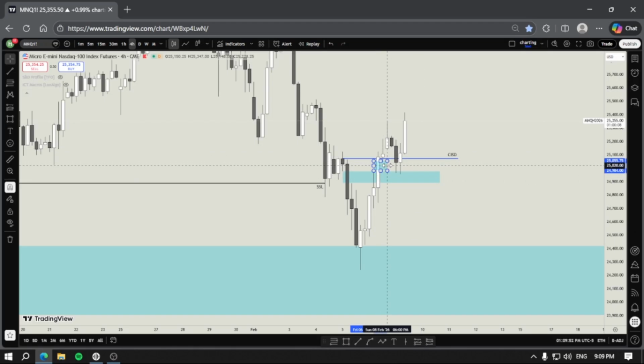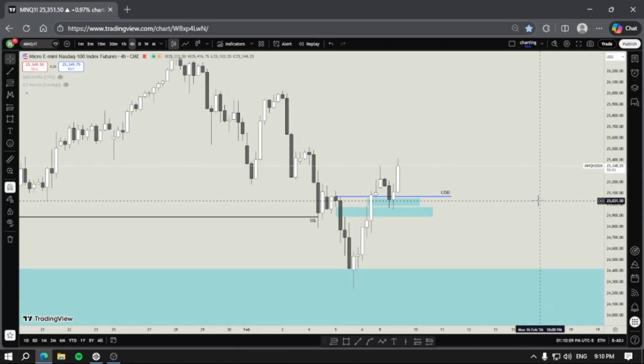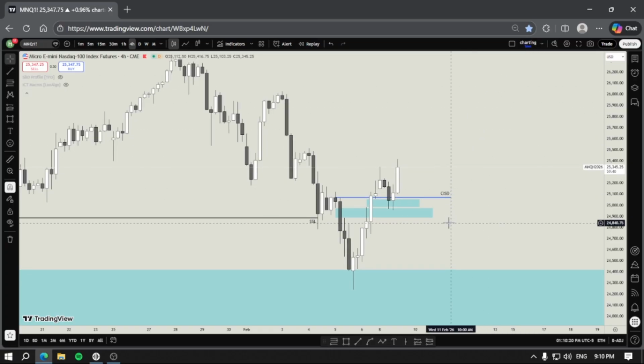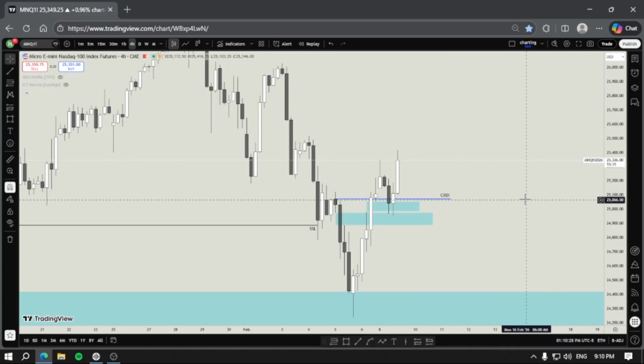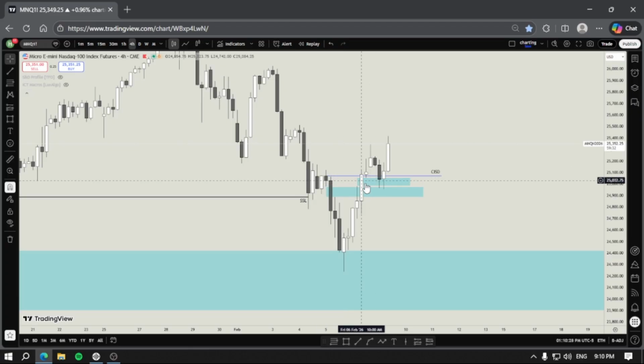On ES, we created another gap with this bullish movement. We have also another gap here, but we never tested it. We do not have to test it. You cannot guess it because it all depends on the magic that market has. You cannot predict it. You just react to the price action that you're seeing and that you will see in the future. So do not try to guess the market. Just try to read it. That is it.